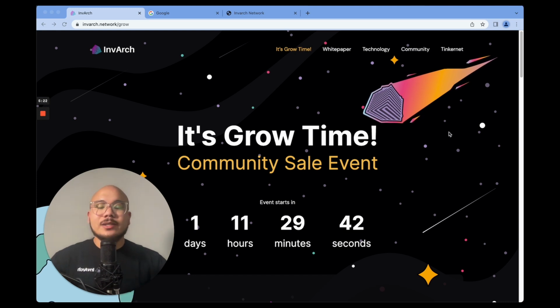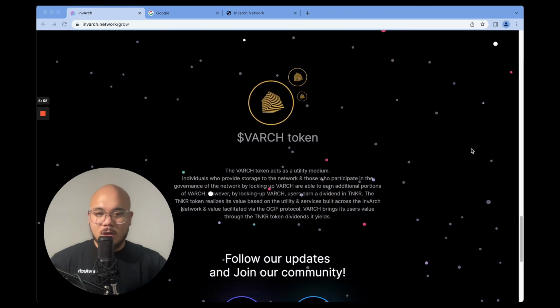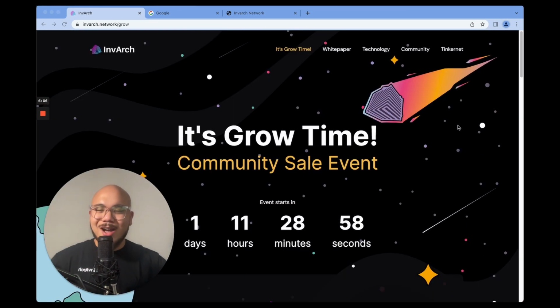Now, if you want to get the full scoop, the entire details of the community sale event, you can head over to this website here, invarch.network/grow. You can see all on this page, all the information that you will need to know. Now, with the review out of the way, let's get into how to successfully participate in the It's Grow Time